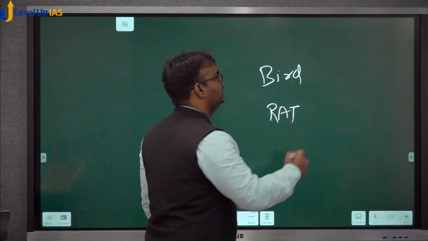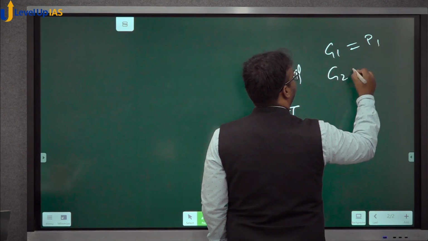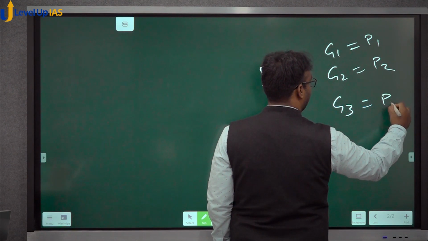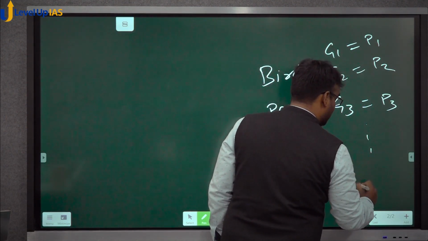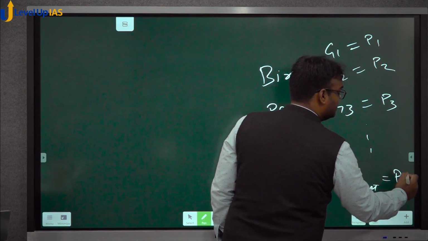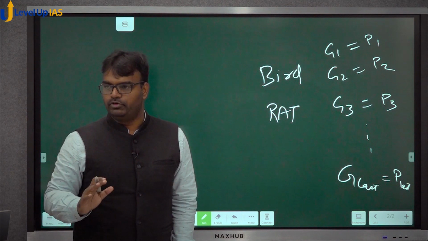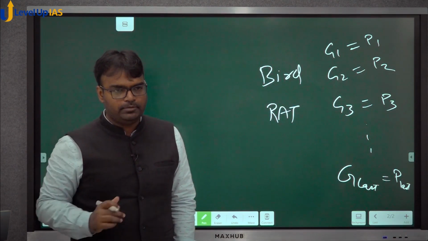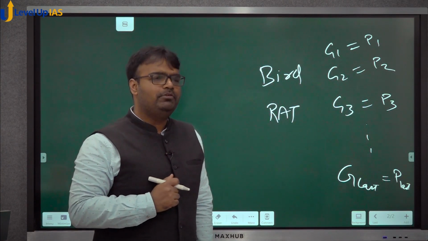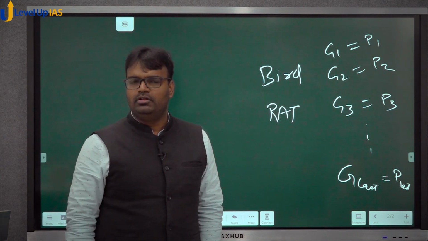Gene mapping, like gene 1 is responsible for protein 1, gene 2 is responsible for protein 2, gene 3 is responsible for protein 3, and the last gene is responsible for the last protein. Scientists did this gene mapping of some living organisms. Genes are encoding proteins, right? When they did this gene mapping for some birds, for some rats and so on, they found that